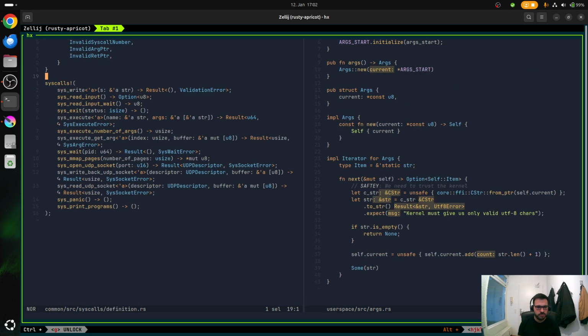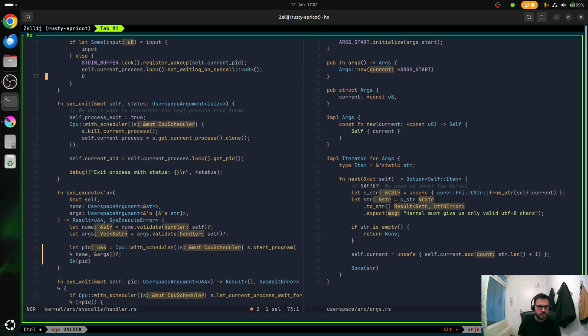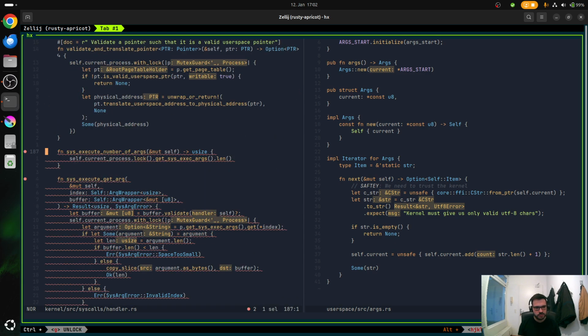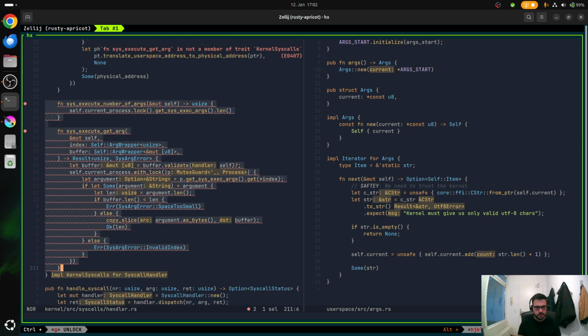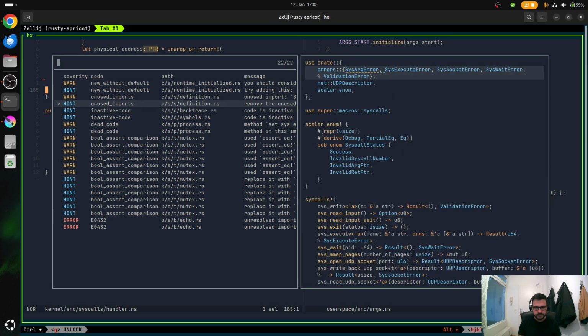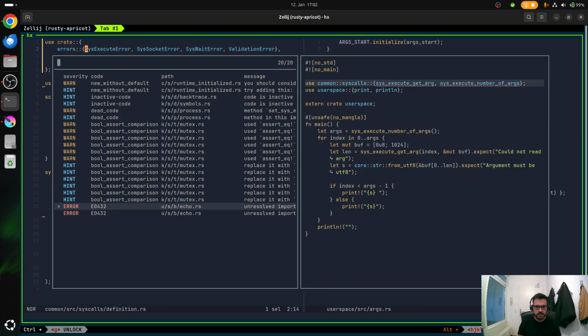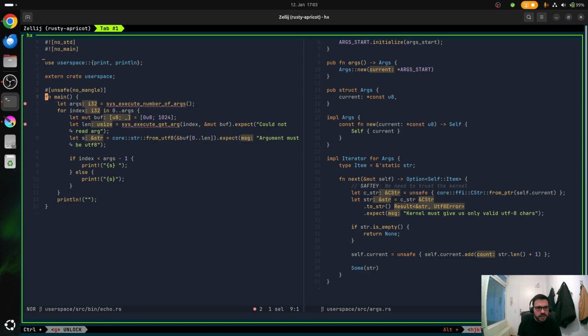Let's first remove the old syscalls, and then we see where it crashes. So we can just replace that. So this is all the code we don't need anymore. And the echo program, yeah, exactly, has to get like